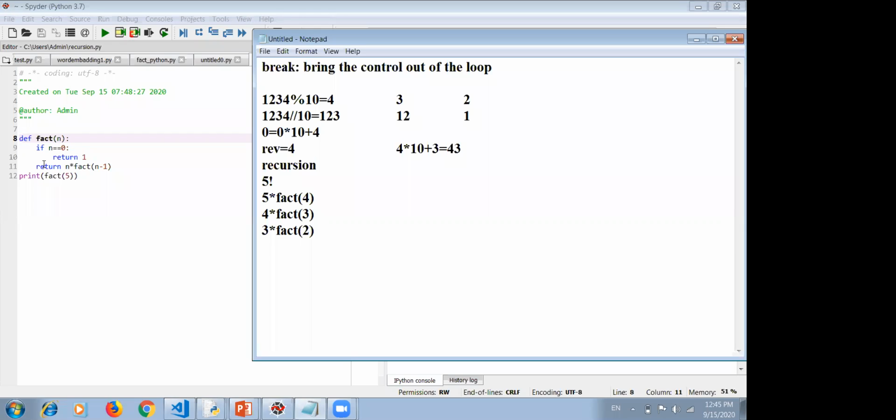Again the loop will be there, because until 0 comes, the control keeps coming again and again to this return statement. Okay, next it will be 2, and then it will again call the same function itself, fact, with one less value, and now it will call 1,